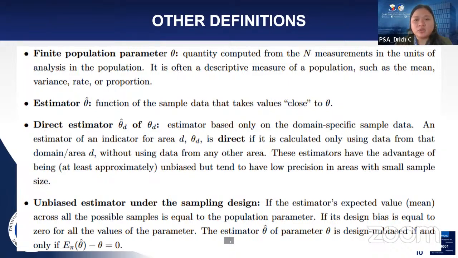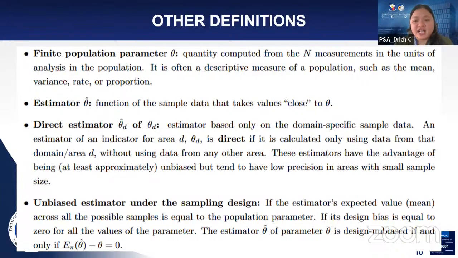However, we want to generate an estimate for a certain area or for a certain city. The notation for that estimate will be theta hat D because it is only from a sample result for a specific area. So an estimator theta D for area D